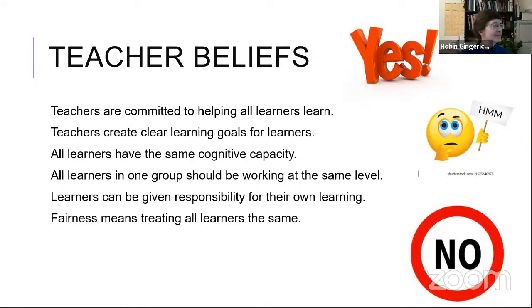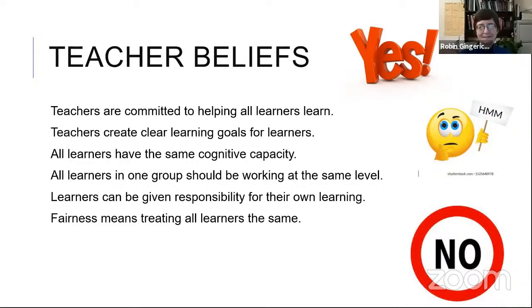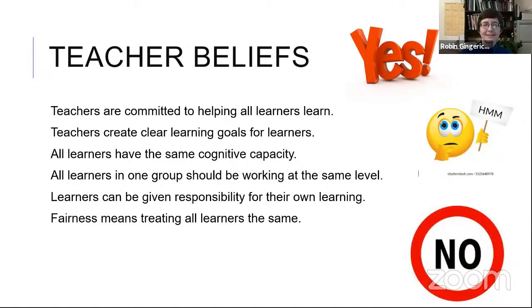Okay. So there's a yes and there's a no. Okay. Yeah, I would. Any other option? No. No for some people. Yeah, so it's mostly no. Okay. Fairness maybe does not mean treating all learners the same. So that's interesting. You're already on your way to differentiation. So you already know about this.